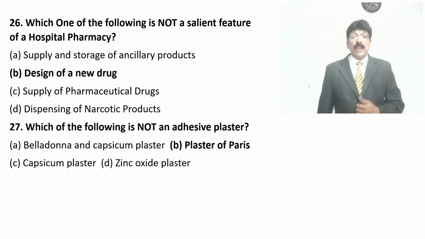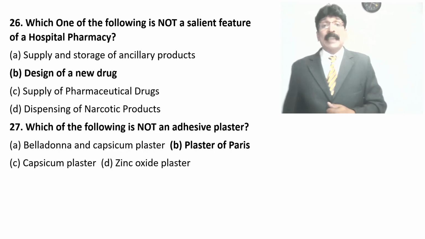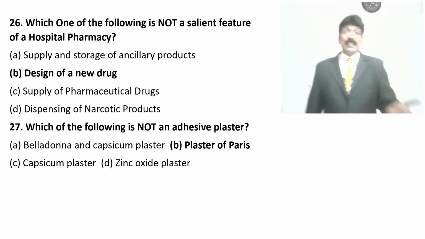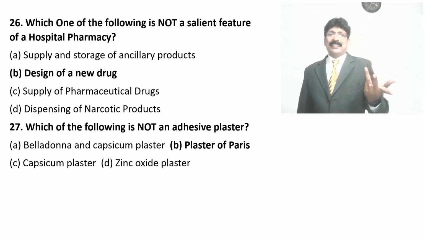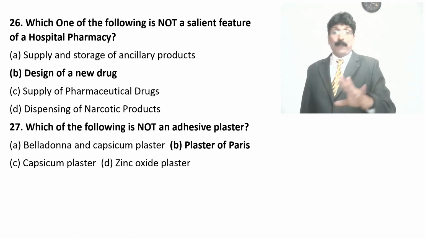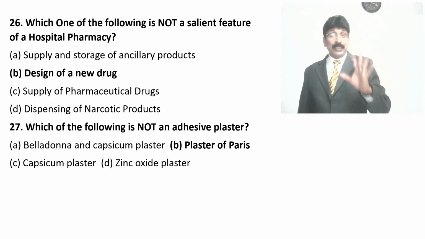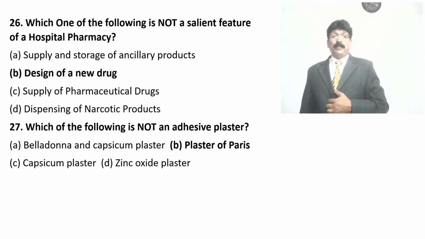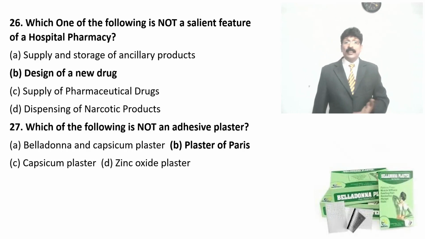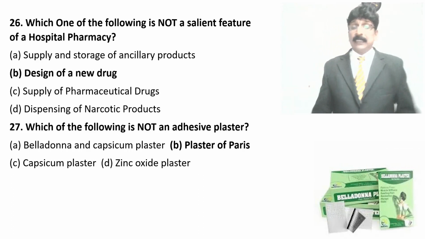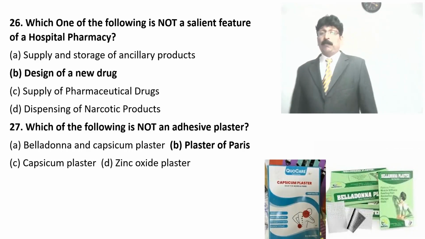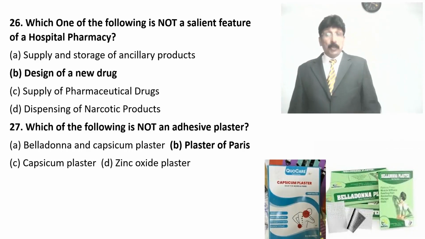Which one of the following is not an adhesive plaster? In the choices they have mentioned Belladonna and Capsicum plaster. Plaster of Paris is not an adhesive plaster, although it also has a sticky nature. Capsicum plasters are available, and zinc oxide plasters are available. Combination of Belladonna and Capsicum plasters are used for various muscle pains. The thick Capsicum plaster can be kept there by means of transdermal